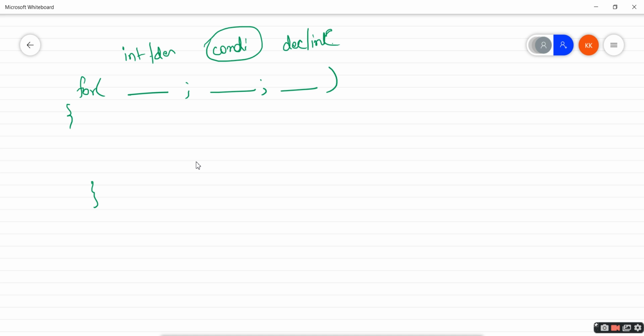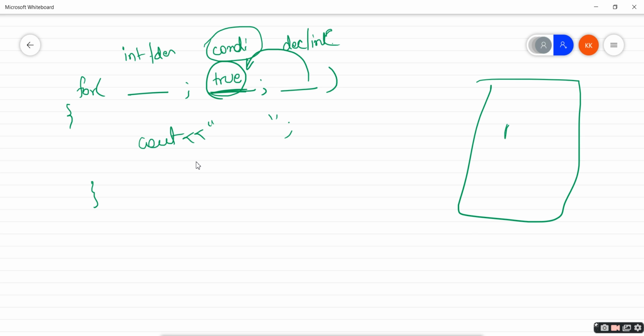So what can I pass here? I can just simply pass true. Whenever this comes to the condition part, it is always going to be true. So whatever is inside this is going to be executed every time. It will stop only when the whole memory and processor stop working, right? Because every computer or laptop or system has some limitations in terms of memory or processor. Okay, so we can pass true here.